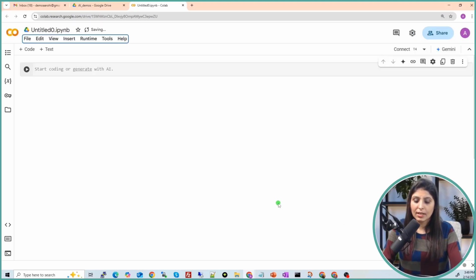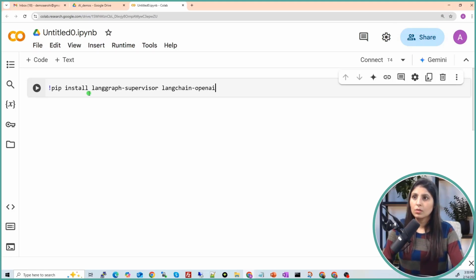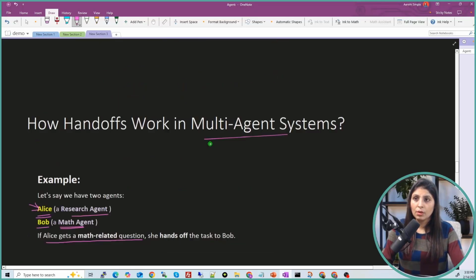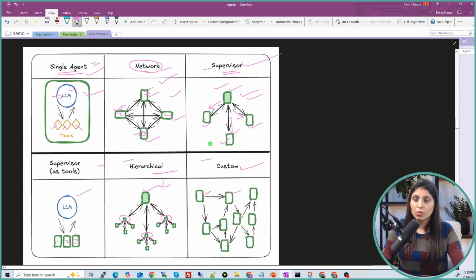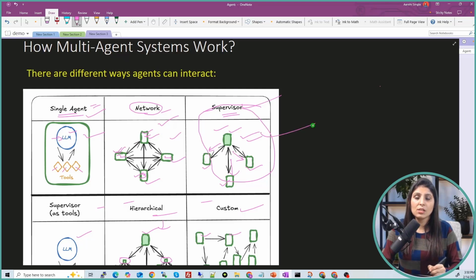Now the GPU is selected. The next step is to install all those libraries which are required to run today's code. So we are installing LangGraph Supervisor and LangChain OpenAI. Why do we need LangGraph Supervisor? Because as I've told you, today I'm going to show you this way. We are going to connect the agents in this way.